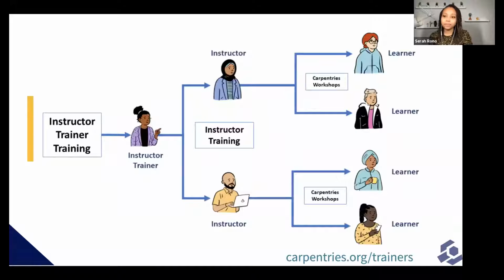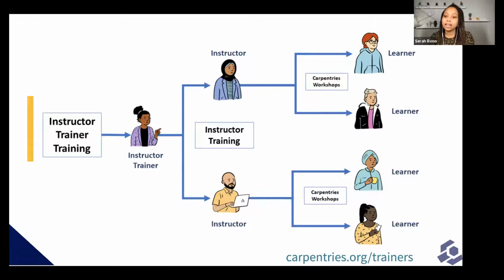So the Carpentries works in this way. On the extreme right, you can see personas that we will call learners. Learners are people we consider experts in their fields and domains who come into the Carpentries needing to acquire foundational coding skills or foundational data science skills. For this reason, learners will sign up to come into Carpentries workshops to learn. And the people that facilitate and teach Carpentries workshops are community members who have been trained through a rigorous instructor training process and have become certified to be able to teach these Carpentries workshops.